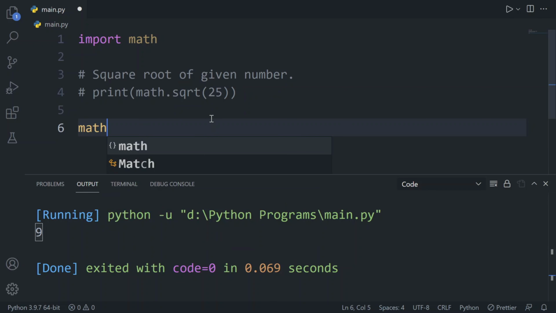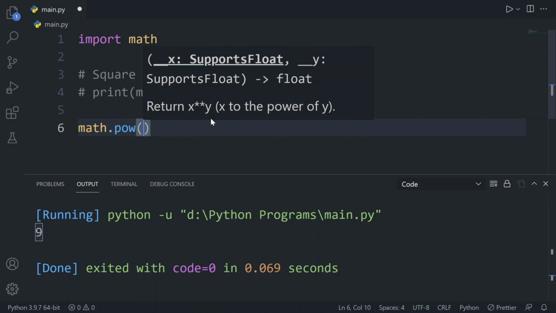Now another method which I would like to show you is pow, or power. This method will give you the power of x, you can say x raised to y. So what is x? x is the base, and y is the exponent, like x squared. So 2 is y here, and x is the base value.